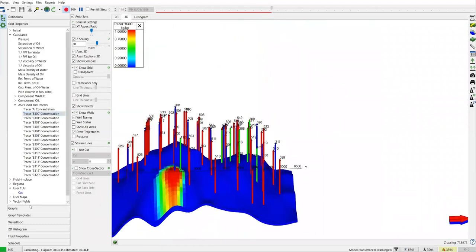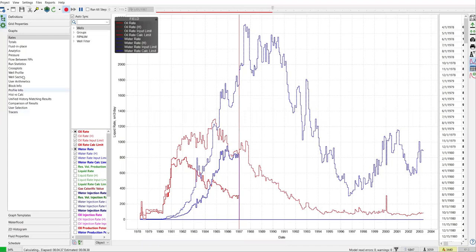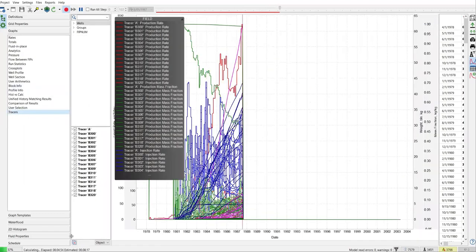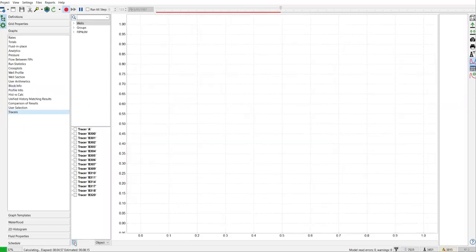And lastly, I think we can go to the graph. Under the graph, we also have tracers here. We see that the model hasn't been history matched, but that's not the main thing that we want to discuss here. Go to tracers, deselect all, and